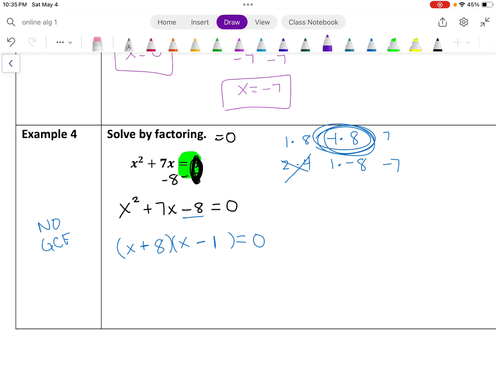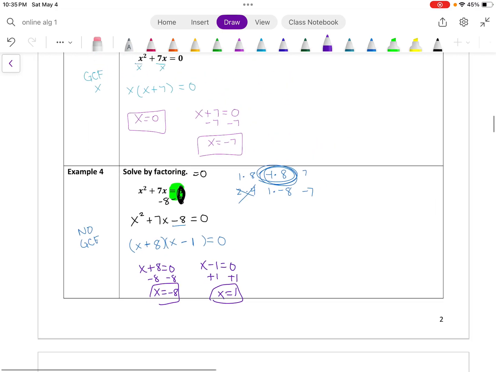Okay, I factored it, but remember, what we're really trying to do is solve for x. So my last step is to take both of these and set them equal to 0. Because now I can solve for x. X could be -8, or x could be +1. All right, so that's how you